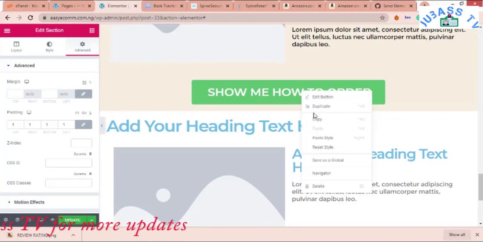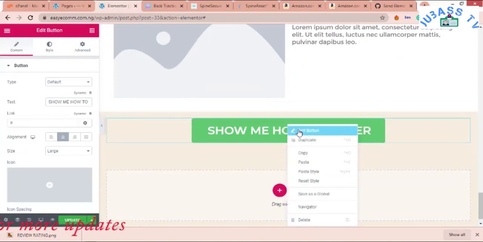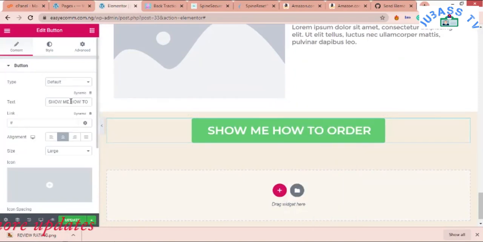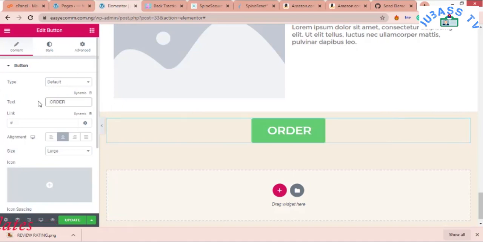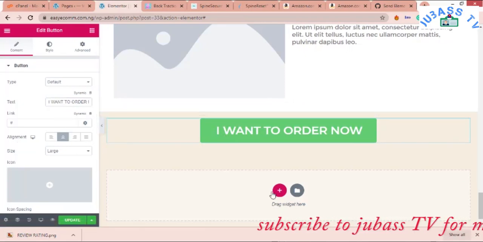But we'll still copy the button, paste it, right click, edit button. Then instead of showing me how to order, I want to order now. I want to order now. Yeah, that seems about right. Then